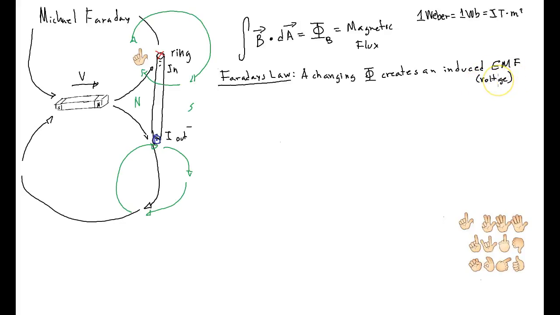If there's a current, it's being driven by a voltage. So there's an induced voltage, or an induced EMF. And the equation looks like this. The magnetic flux through a closed area, or through a closed loop,